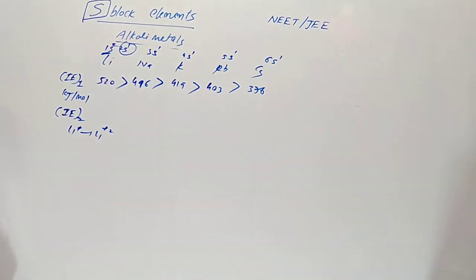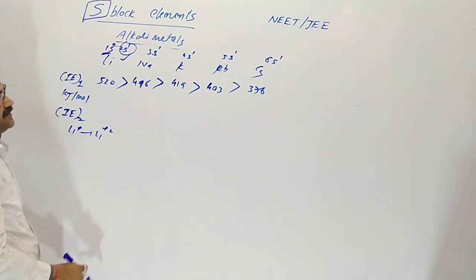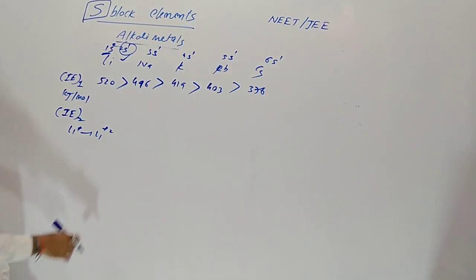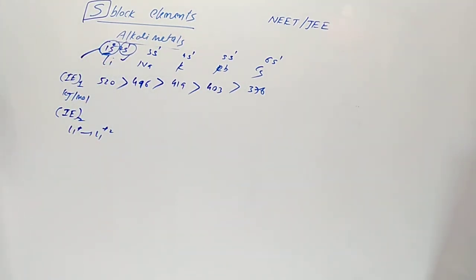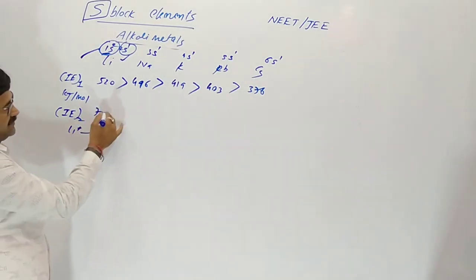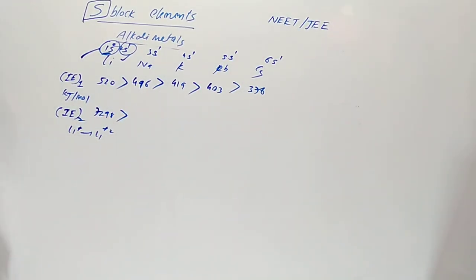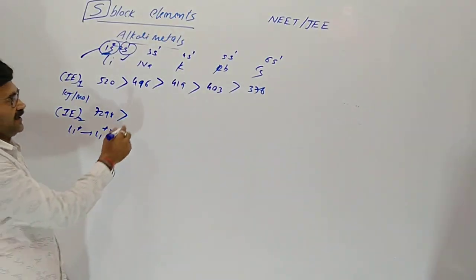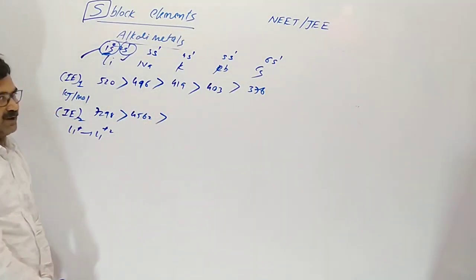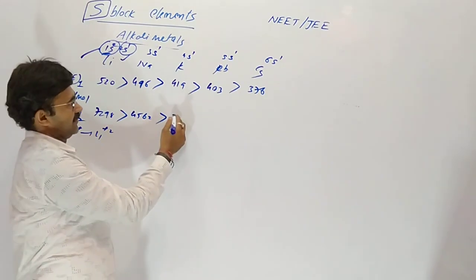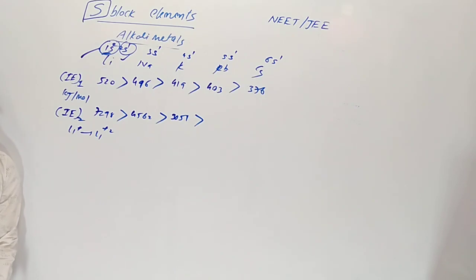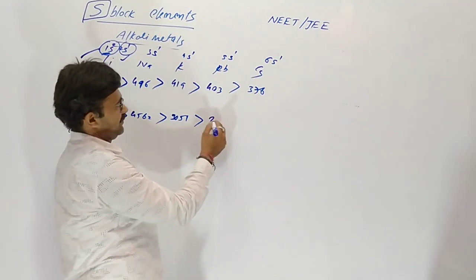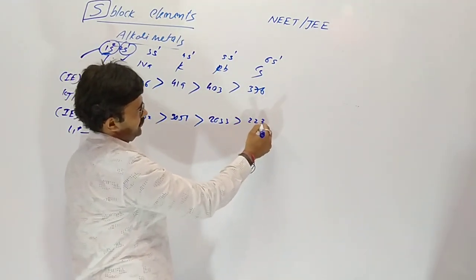Now after losing one electron, when we are removing the second electron, it comes from the inner 1s, while the first electron is released from 2s. After releasing one electron, more energy is needed to remove one from 1s. So the second ionization enthalpy is highest: 7298 for lithium, then 4562 kilojoule per mole, then 3051, 2633 and 2230. Only the sequence you have to remember, no need to remember values.